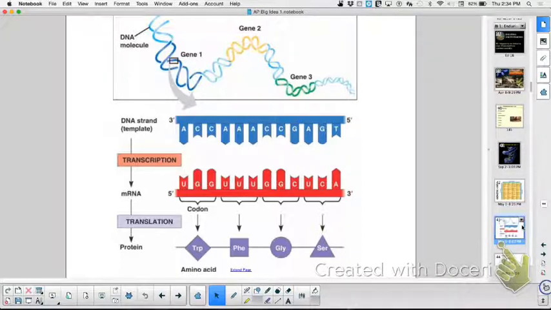How is the RNA different from the DNA? It has uracil, wherever you would put thymine. What else? It's single-stranded instead of double-stranded. Yes, and you have the sugar ribose instead of deoxyribose. Do you remember that now?